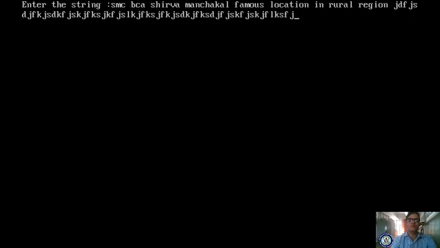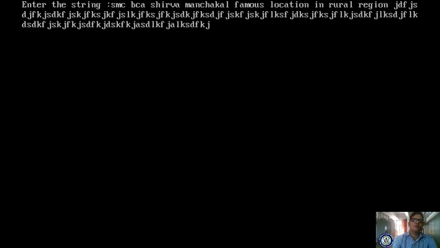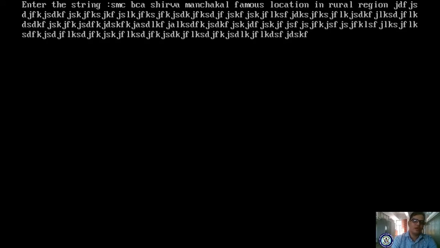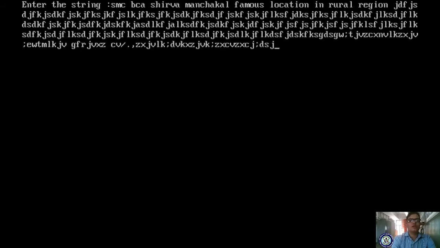But how many characters will it store? It will store only 20 characters. How long will it accept input? It will be accepted until you press the enter key. Now I am pressing the enter key. So after pressing the enter key, what happened? It has to store only the first 20 characters and display only the first 20 characters.